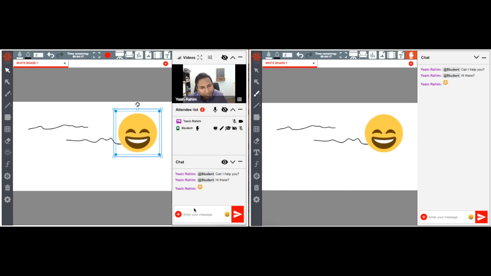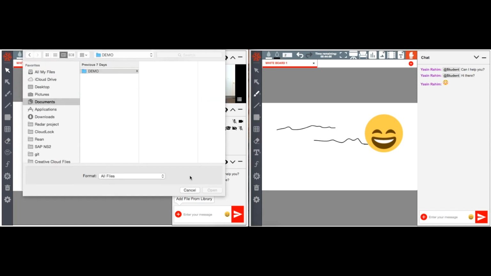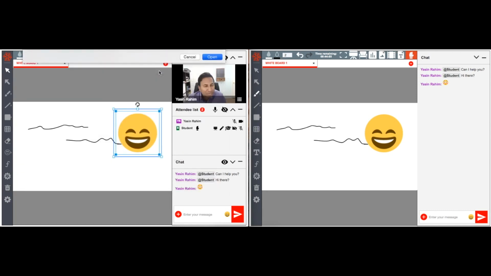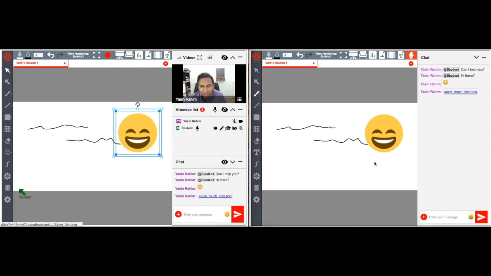And we already touched on this. I'm going to show you once more. There is a share file option here. You can click on that to upload files from your computer, or you can add files from your library. So in this example, let me choose an image I want to share with the students. The file shared appears under chat. So the students can simply click on the file name to open that file in a new window. It could be a PDF file, Word document,